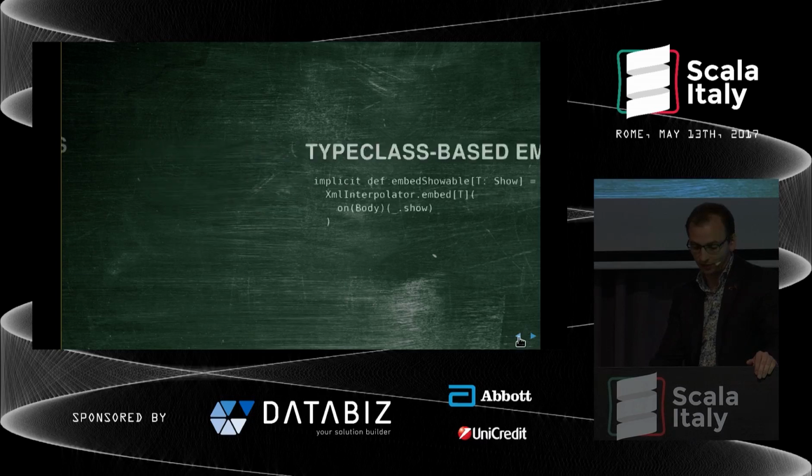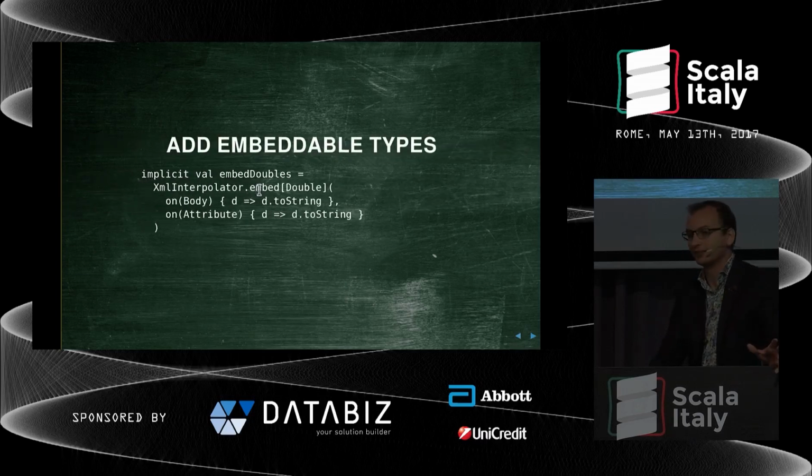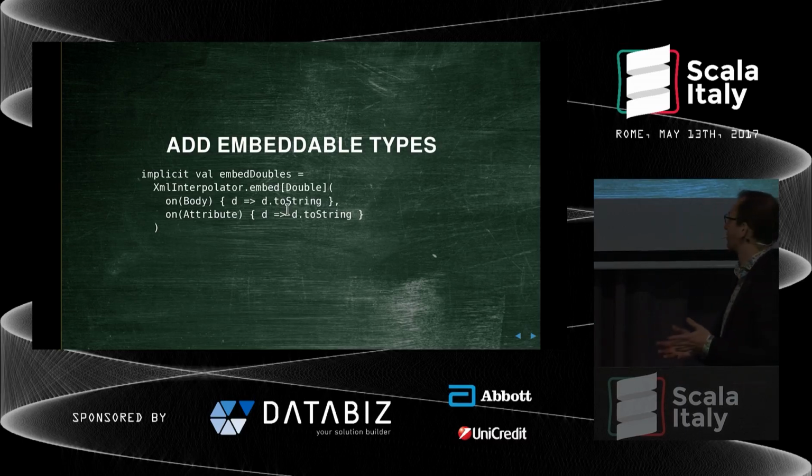Oh, and it's worth pointing out, this is a type class instance. It's an implicit which should be in scope any way you want to embed these doubles. How many people here are familiar with type classes? Good, most people. So type classes give us a way of defining behavior of certain types sort of after the fact. So this example here of an implicit embedding, this is defining behavior or a relationship of behavior between doubles